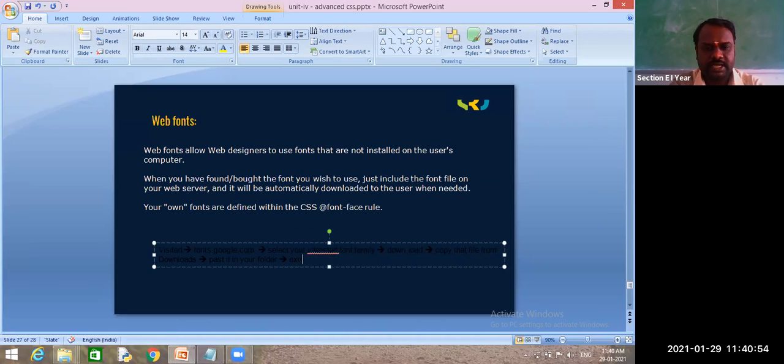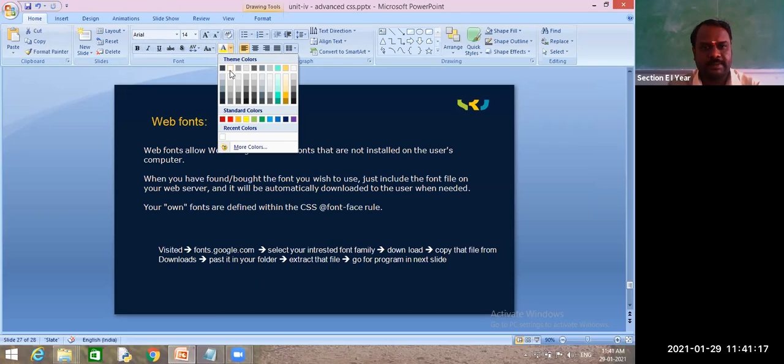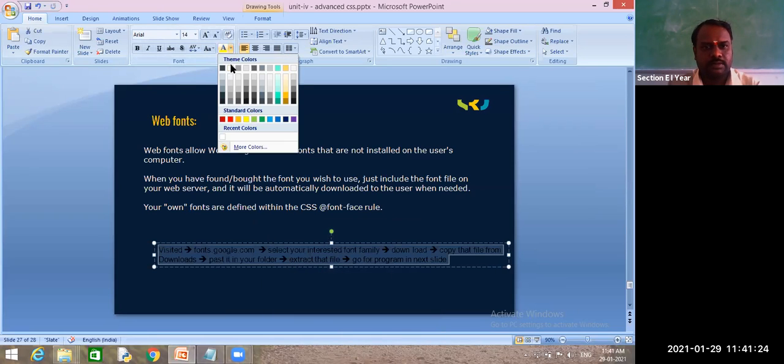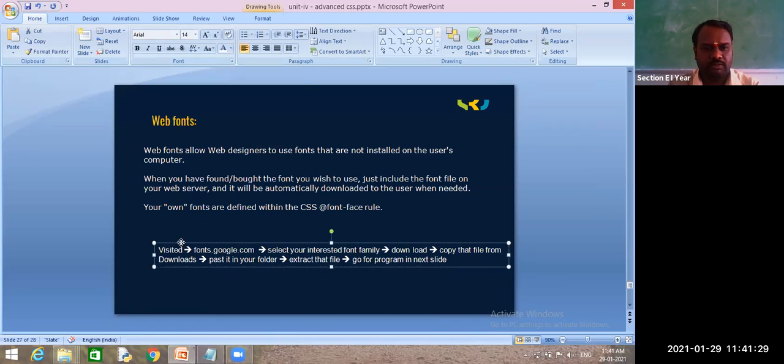Next, extract that file. After extracting, go for the program in the next slide. The way the program is present in the next slide, that code you have to write. So this is the procedure to get your own fonts.